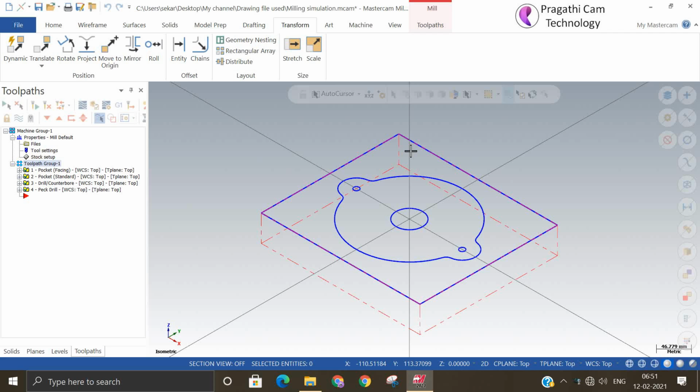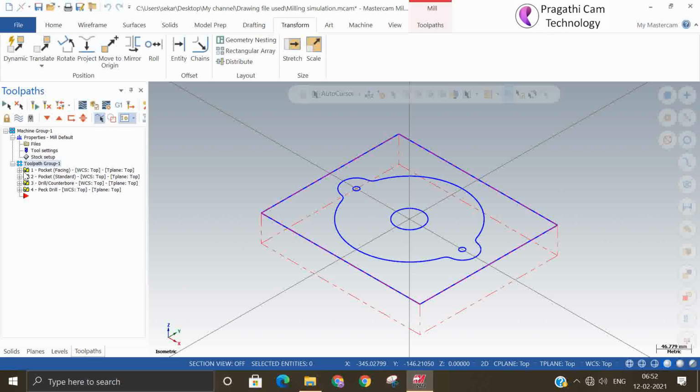Hi. Now we are going to see about the milling tools. What are all the milling tools available? How to use them, how to create a new tool, how to access the library, how to make the filtration for tool selection. All the things we are going to see now. Without a proper tool selection, programming is meaningless.